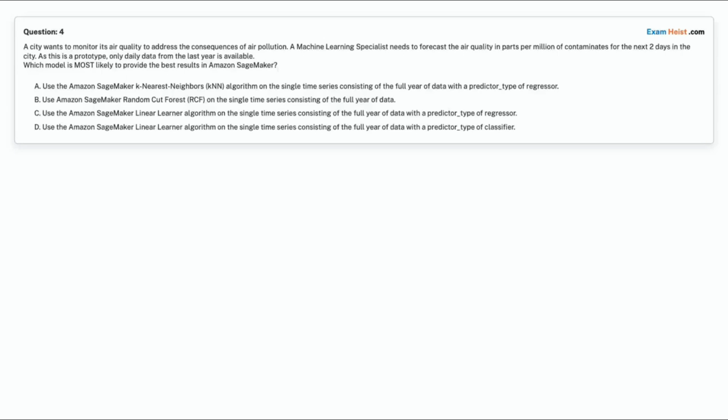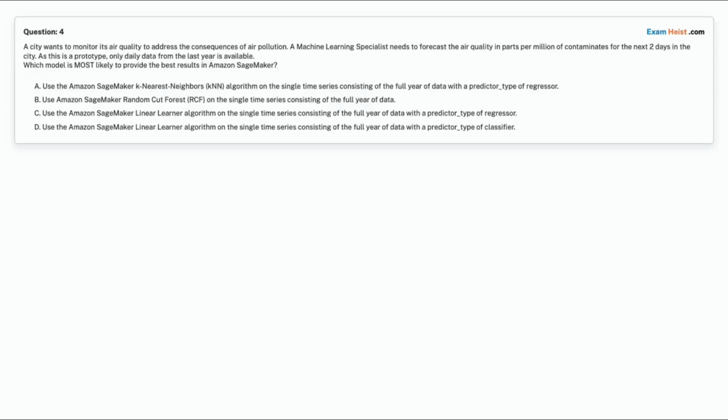Option A. Use the Amazon SageMaker K-nearest neighbors (KNN) algorithm on the single time series consisting of the full year of data with a predictor_type of regressor. Option B. Use Amazon SageMaker Random Cut Forest (RCF) on the single time series consisting of the full year of data.